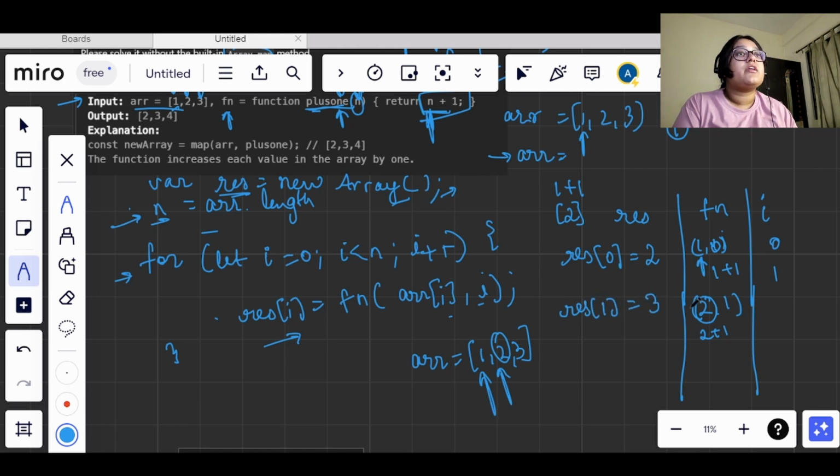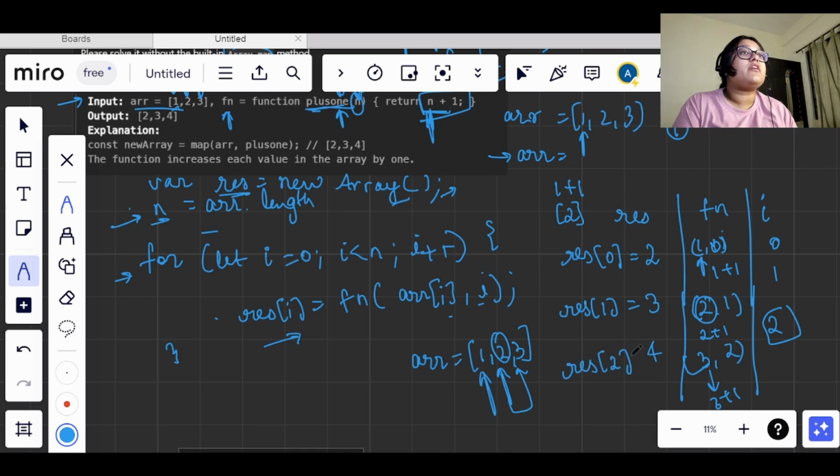In the same way, now the pointer moves to 3. So we have the value as 3 on the second index. So it will become 3 comma 2, and the value returned is n plus 1, which means 3 plus 1, which is 4. So on the second index of res, we have 4.